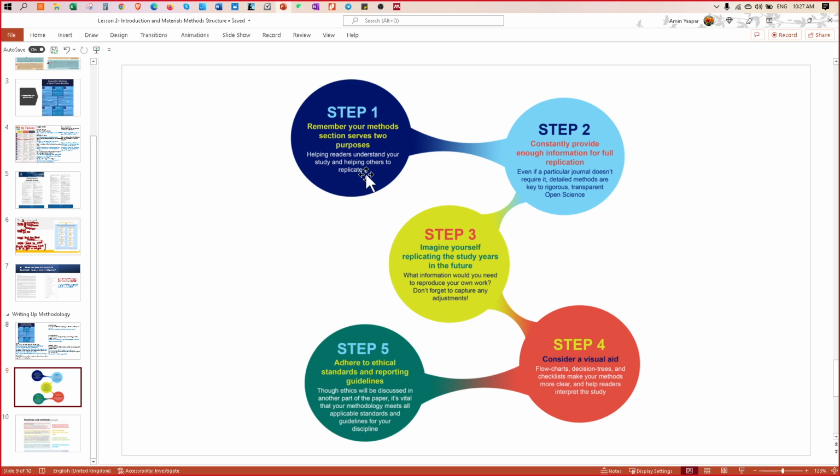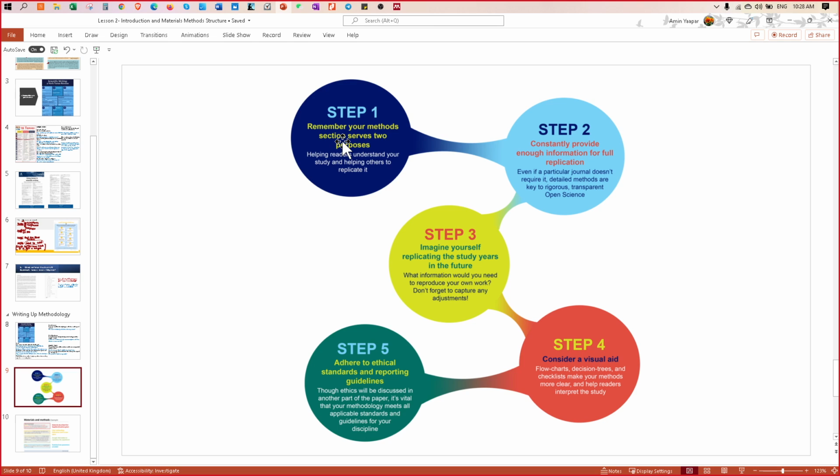Okay, so these are the common steps when you are about to do your methodology. You help the readers to understand your study and help others to replicate. This is the whole idea. Why you need to report your methodology as well as possible: because good science means that when you have reported your research, whoever in the future or in different locations or at different times can replicate your experiment the way you did it, even without you advising verbally.